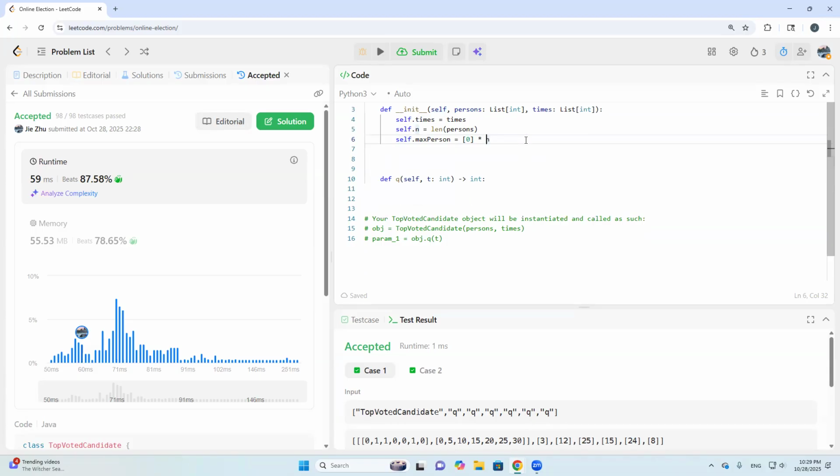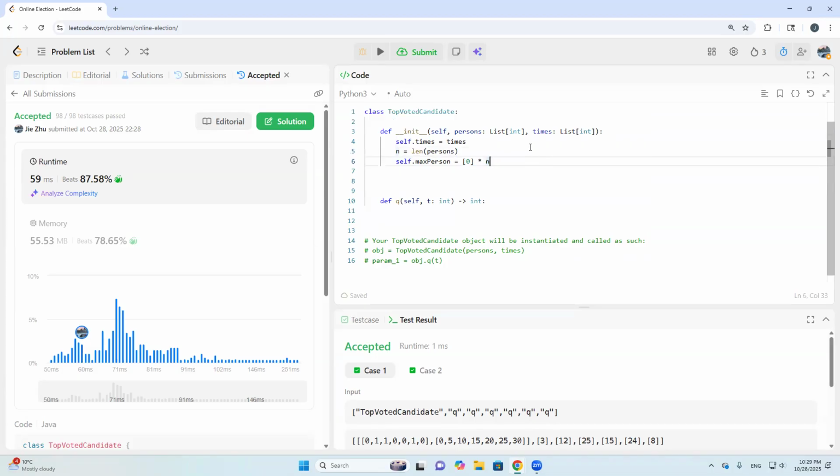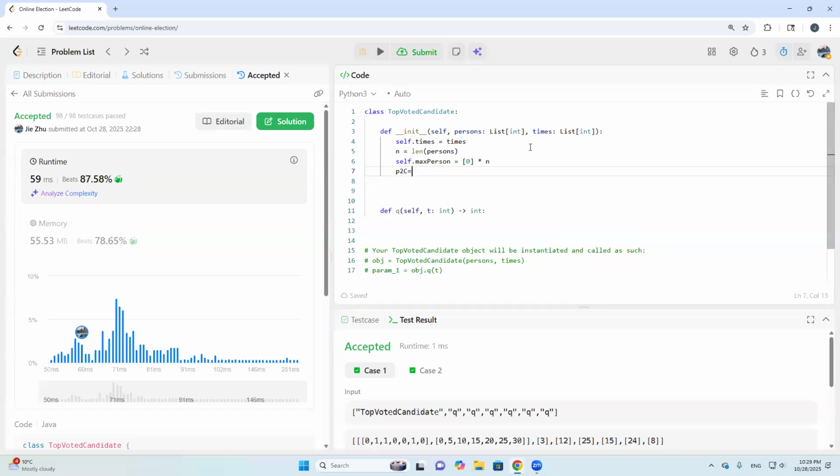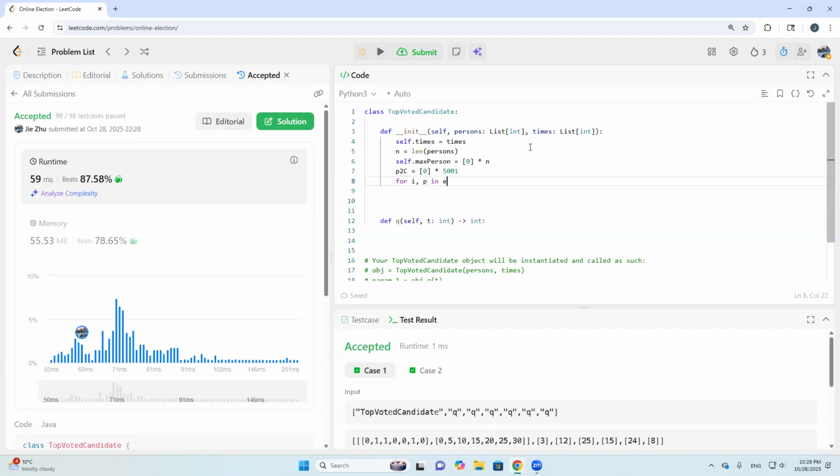Actually, we don't need to use a global variable. So we have P2C equals this one multiplied by 5001, and for i, p in enumerate persons,